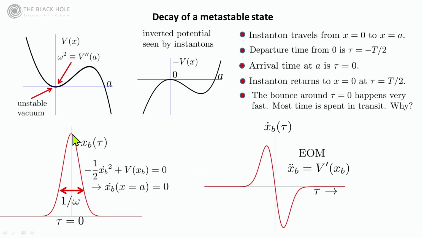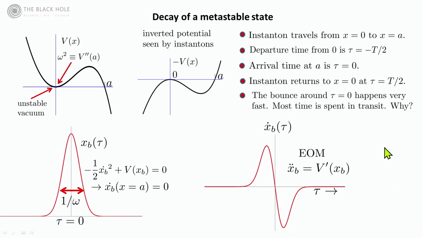At this point here, the derivative is 0, and that's why xb dot is 0 over here. And then further away, it'll also become 0, but here the derivative is increasing, and so it's increasing and then decreasing,